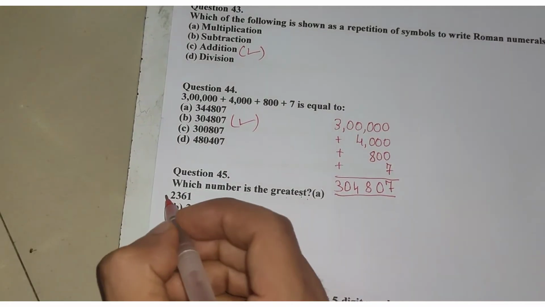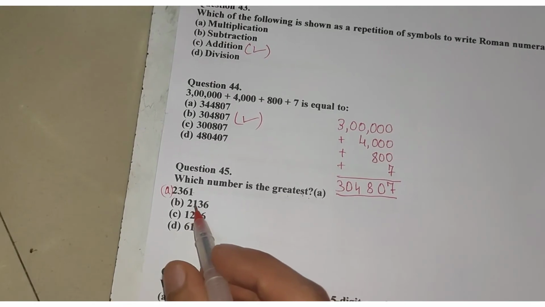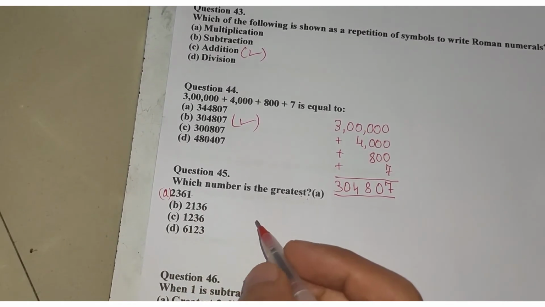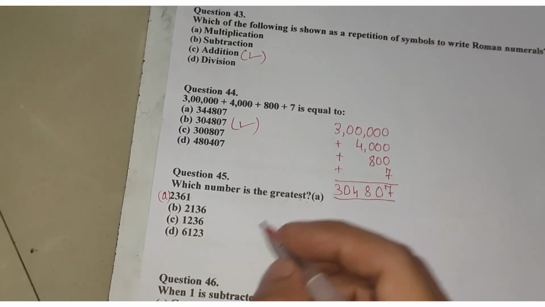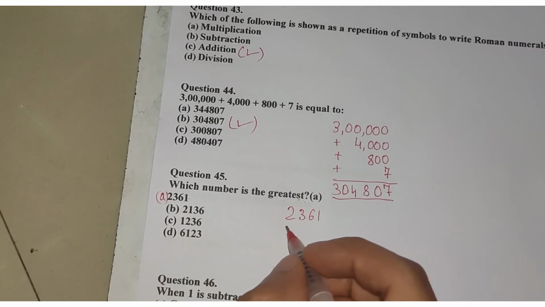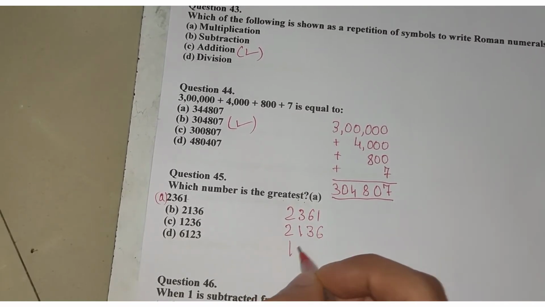Here 4 options are there. 2361, 2136, 1263, 6123. The arrangement is just mismatched. Let me write them according to the form one by one, so we can identify easily which number